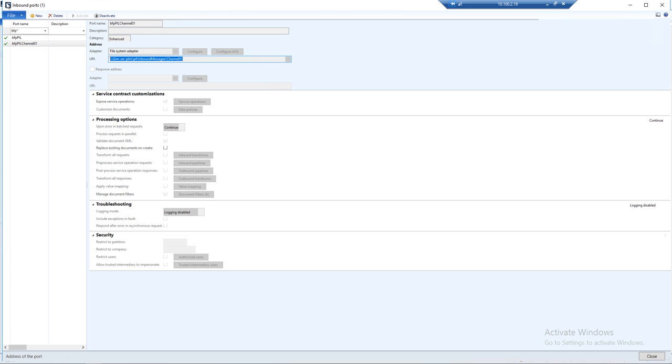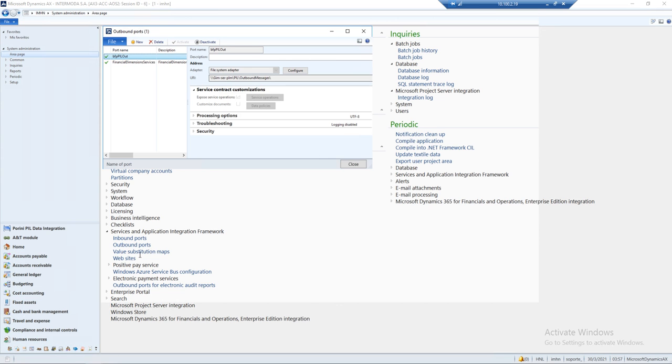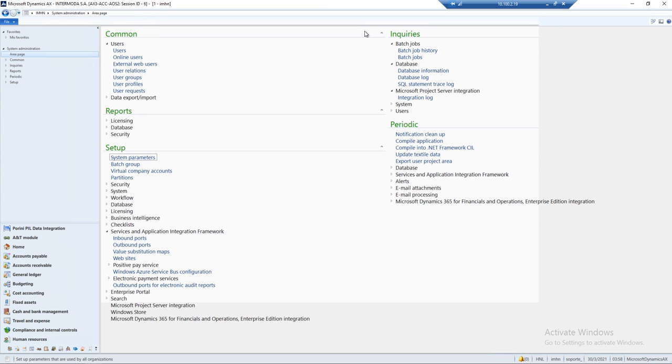After we have these inbound ports, we also have the possibility to export data from AX. That setup is made on the outbound ports. For what I know from Intermodel, this will not be used with the exception of data migration. The logic here is the same. We need to create the outbound port and define the path where the AX will write all the XML files. This is what we need to know regarding the technical part that allows the system to send and receive messages